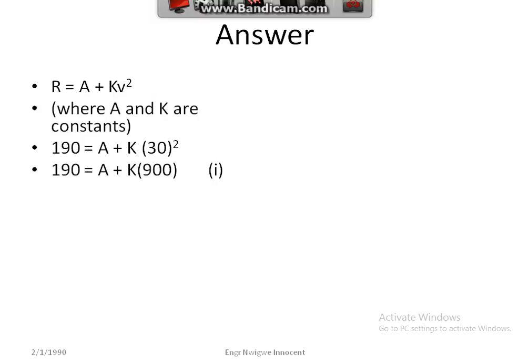Then it says again that when the speed is 50 km per hour, the resistance is 350. Then you substitute 350, which is the resistance, is equal to A, the constant, plus K, since 50 is the velocity, when the resistance is 350, we now have 50 squared. Then if we do our mathematics, we now have 350 is equal to A plus K in bracket 2